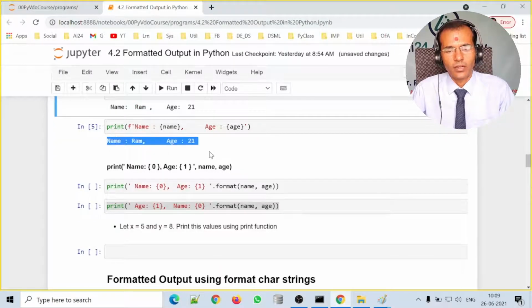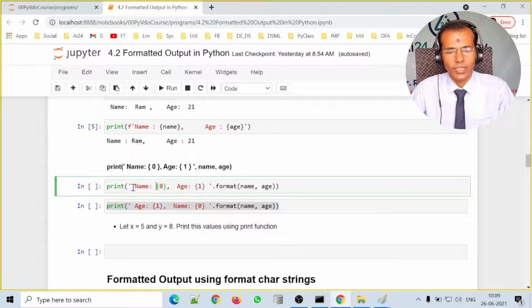There is a third way to get the output in the same format. It is similar to the previous one. Here we have a string which is enclosed within single quotes. We have name colon, in curly brackets 0, comma, then the string age colon, and then in curly brackets 1. Within this dot format function we have to specify all the parameters that we want to print. The position of the first argument to this format function is 0, the position of the second variable is 1, and so on.